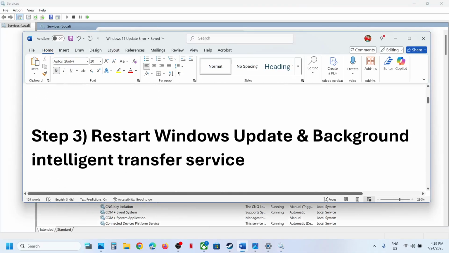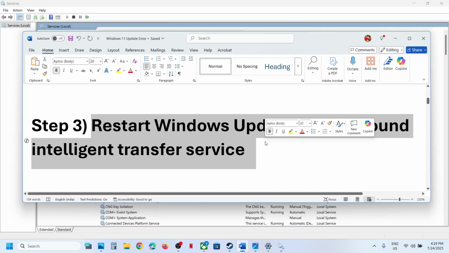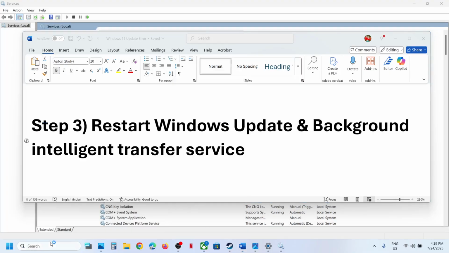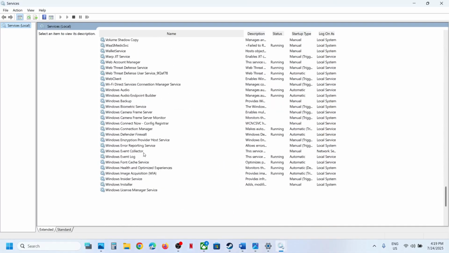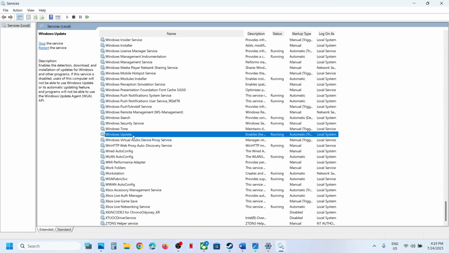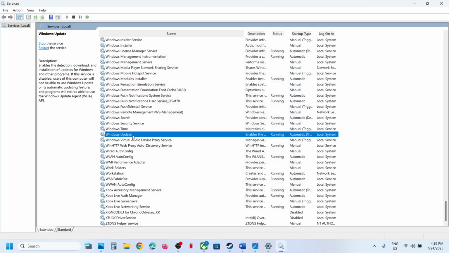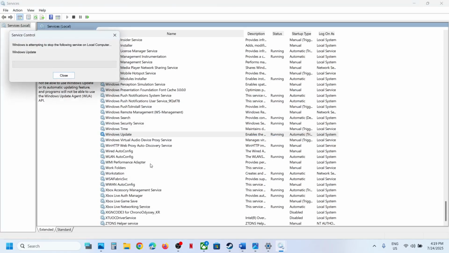Still not working. The next step is to restart Windows Update and background intelligent transfer service. For this, again type in services, scroll down. Here you can see Windows Update. Make a double click on Windows Update, set this to automatic, click on apply, click on start if highlighted, and then click on OK. With this selected, make a right click and then click on restart,